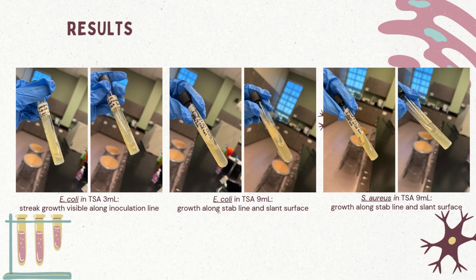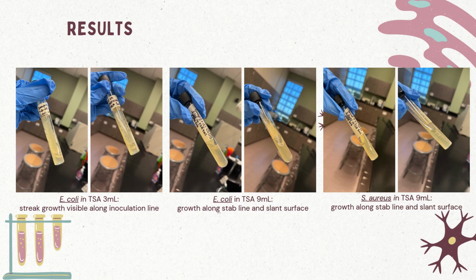In the 9 ml TSA deep with E. coli, we observed growth both along the stab line and the surface of the slant. The pattern shows that E. coli is capable of growing throughout the medium, meaning it can tolerate different oxygen conditions. This deep medium is especially useful for seeing how bacteria behave in the areas of less oxygen compared to the